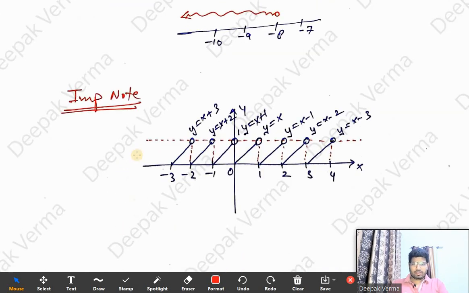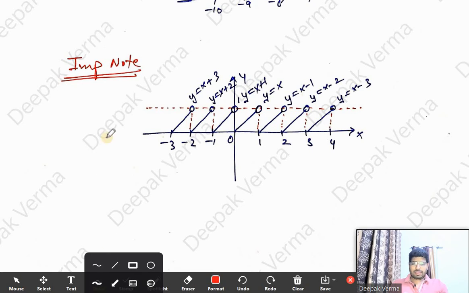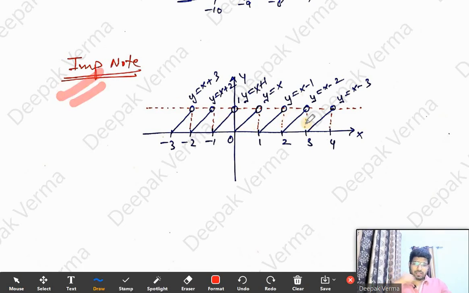So this is all about properties. At last we have an important note here. It's the graph of the fractional part of x. In the last lecture we also did it. Again I am saying, remember this. What you have to remember are the equations of these lines. This is the graph, and this line is y equals x. Then it is passing through 1, so x minus 1, passing through 2, x minus 2, passing through 3, x minus 3. Here at minus 1, this line will be x plus 1, x plus 2, x plus 3. Got it?